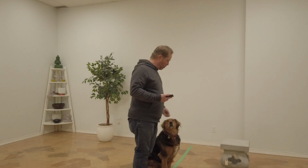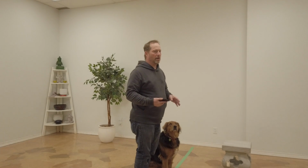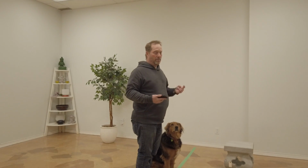So I'm going to reward. I don't want to pay a lot. We're not in the business of constantly paying the dog. If all we're doing is paying the dog, the dog will only work for payment. So we're going to start slowly stopping that reinforcement, but in order to stop reinforcing the behavior...